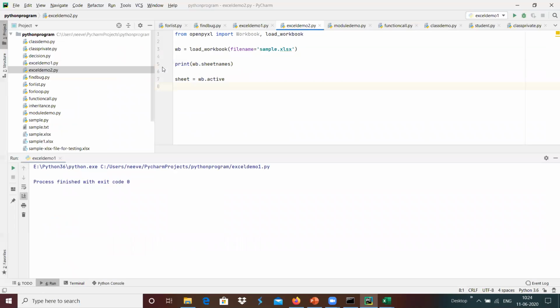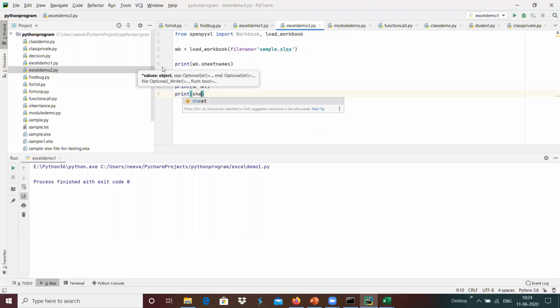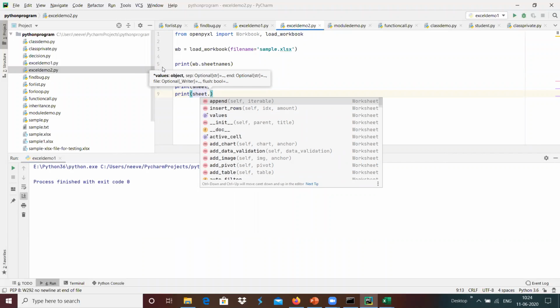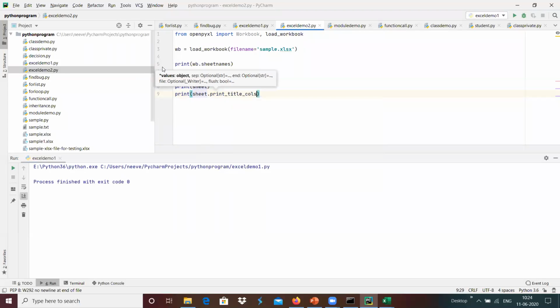I'm going to print the sheet and print sheet.title over here.